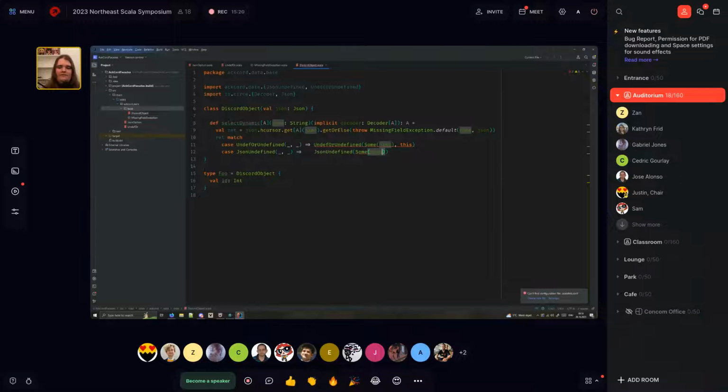Having it encode what you were expecting to find in the object makes it a lot nicer to just work with. If you then call get on this JSON, undefined later, it makes it much easier to just work with. So